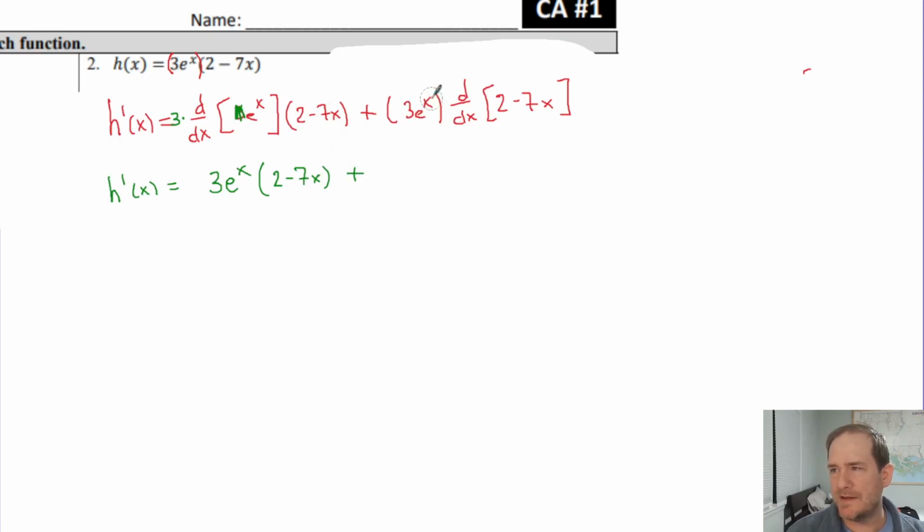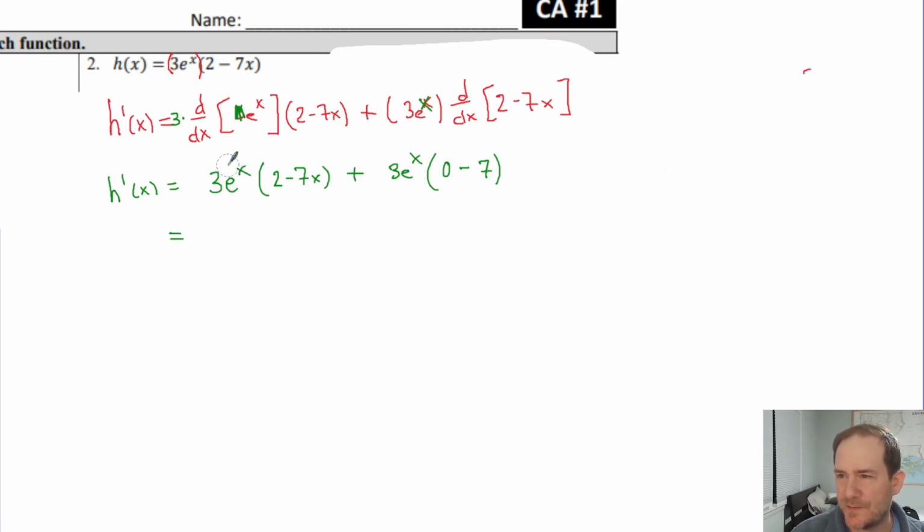Then the 3e to the x, it looks a lot like a k, but that's an x. So it's 3e to the x. Now we're doing the derivative here. Now, the derivative of 2 is 0. So I'll write it, but technically you're getting 0. Then you're going to subtract the derivative of the 7x, which is just 7. So we're ending up with a derivative that's negative 7. So this has given me,